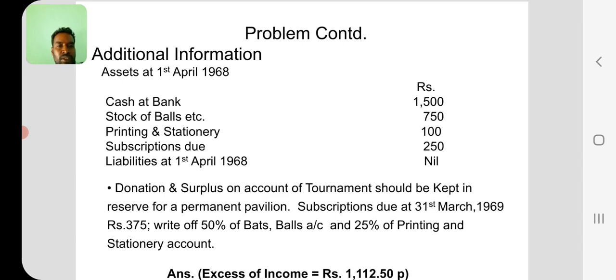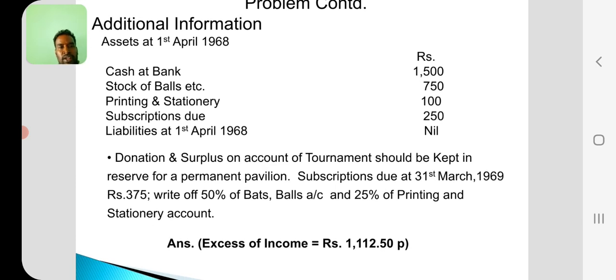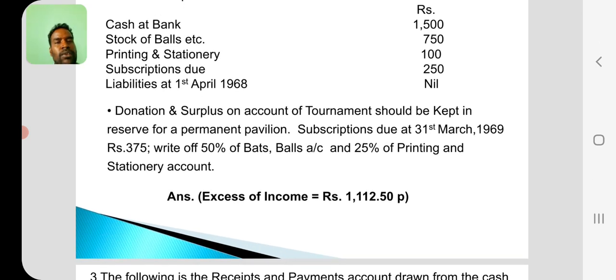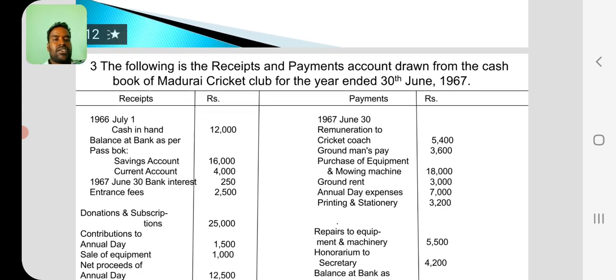Liabilities nil. Donation and surplus on account of tournament should be kept in reserve for permanent pavilion. Subscription due 31st March. Write off 50% of bats and balls, 25% of printing and stationery accounts. So you have to deduct the following items by percentages. Okay. Next, third one,